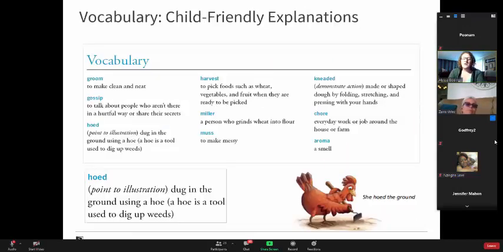And then you want to be sure that any definitions for the new words are child-friendly. So, when you're explaining what a miller is or what it means to mill flour, you want to keep that definition very practical and very real life for them. So here's a list of some of the other words that might have been pointed out in the story of